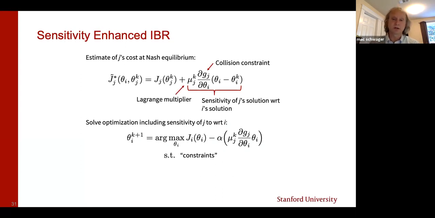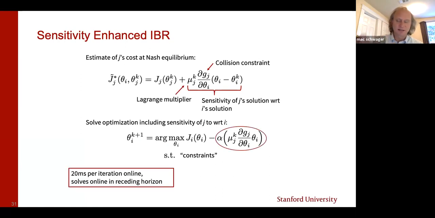So this only works for zero-sum games. It only makes sense if minimizing my objective is the same thing as maximizing his objective. If it's not a zero-sum game, if my gain is not your loss, then you're just being really aggressive for no reason. So this really doesn't work for freeway driving, but it works very well for racing. And so that's the idea.